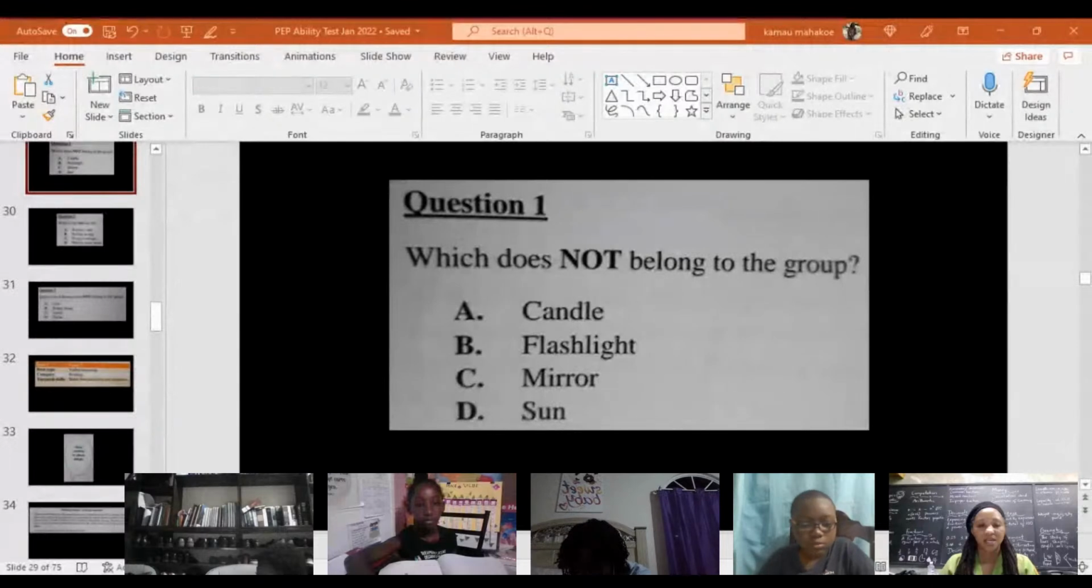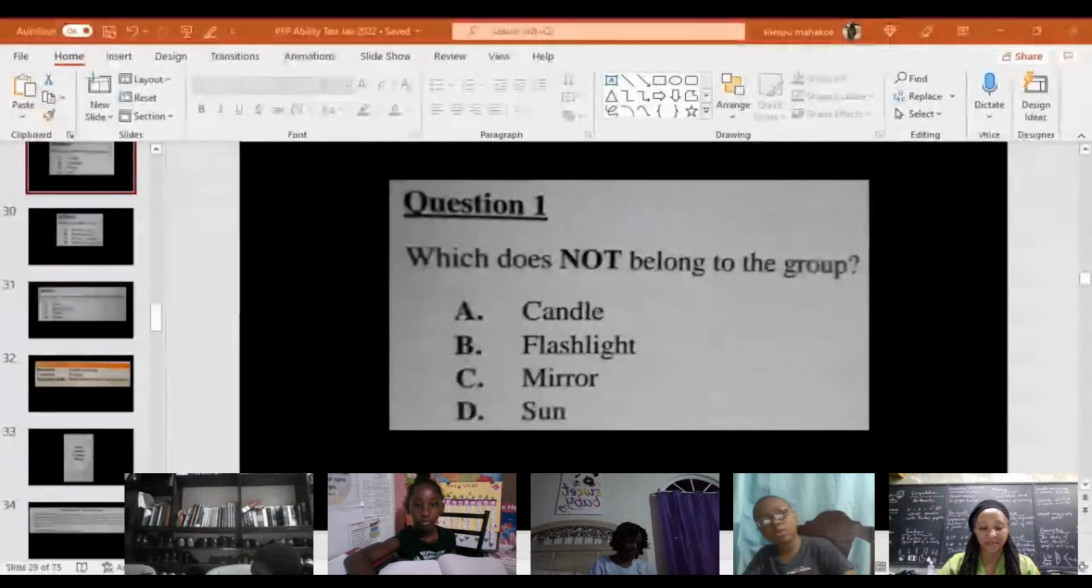So the other sources of light produce their own light. And the mirror does not produce light, it reflects the light from some other source. Okay, so